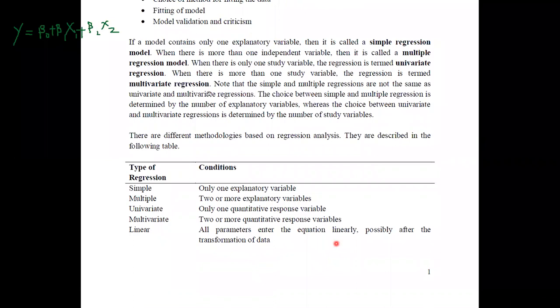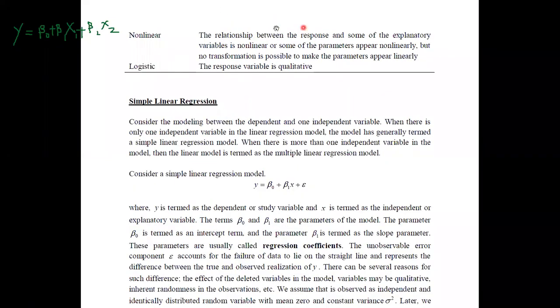And if you move to the next part, it is the non-linear. In the non-linear case, the relationship between the response and some of the explanatory variables is non-linear. It means that at least one of these parameters acts in a non-linear manner. It may be quadratic, cubic, biquadratic, or any other higher order terms with these parameters, generally beta 1, beta 2 and thereafter. Beta naught still acts as a constant, therefore no need to worry about it.